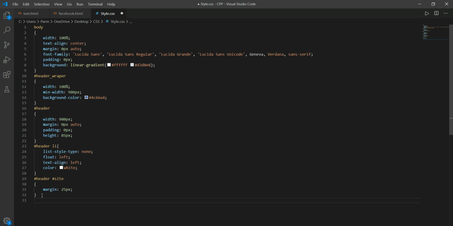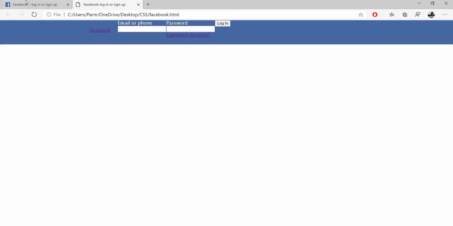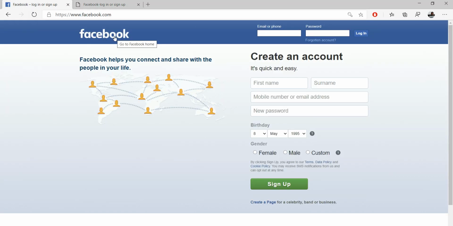So here I am writing header ID. Within this header ID is ID site, and within this ID site we have an anchor element, and we have to style this. Now if we see, this is written in white color with a large font size, and this link is not underlined.